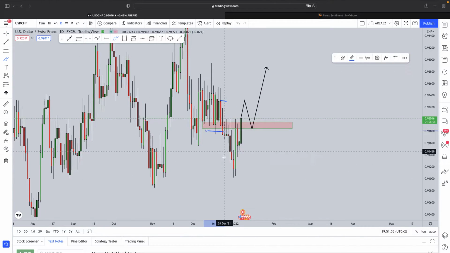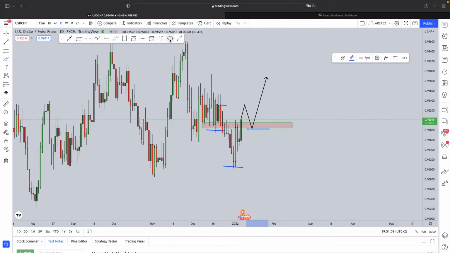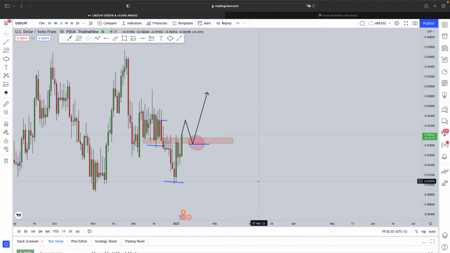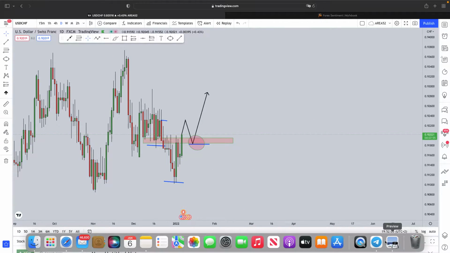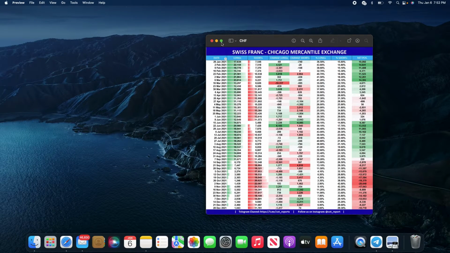In doing so, the market would then also give us this inverted head and shoulders that we've identified from a weekly perspective as well. Now looking at the order flow data, so what the big banks, hedge funds and institutions are doing,